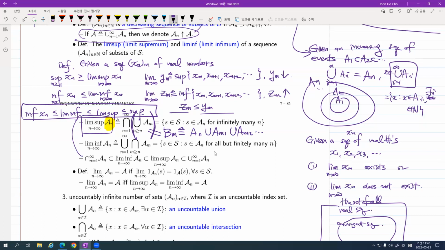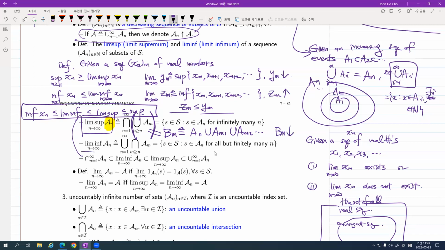And here goes something similar. What if we choose m equals 1? Then this is A1 union A2 union A3. So it's the biggest union of the given sequence of subsets, right? Now you take B sub 1. What does that mean? You now take the union from A sub 2, A sub 3. So the union may be a little bit smaller, right? So you can say that the B sub m sequence is a decreasing sequence of events. So B sub m decreases.